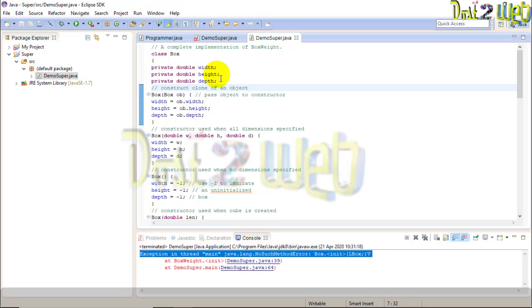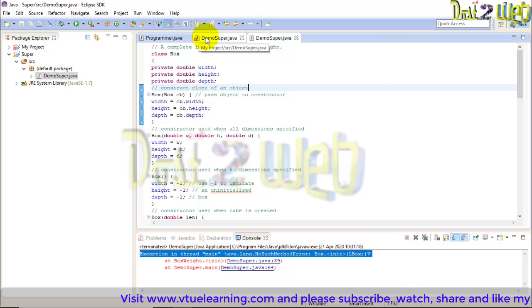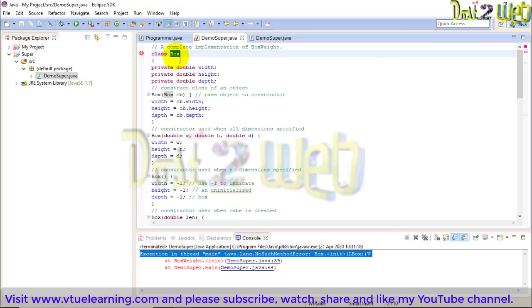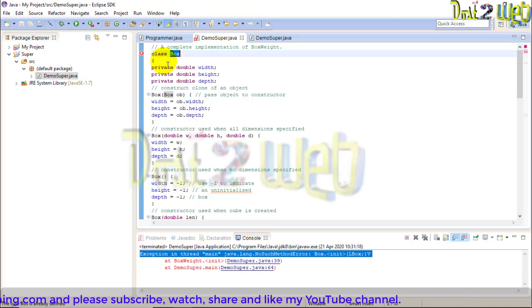Okay, see why I was getting the error, and when I created the new package there is no error. If you remember, we have a program where we already created class Box. I'm using the same project directory, so it is taking that.